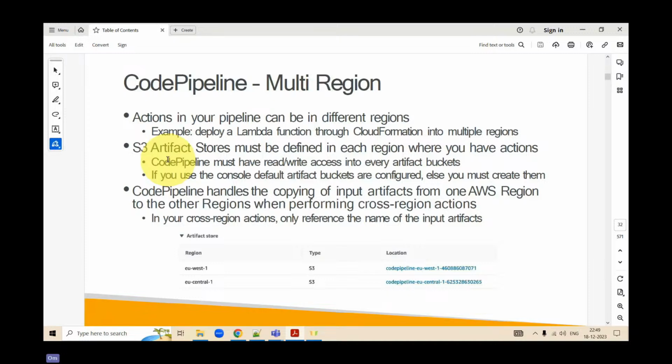Now, CodePipeline handles the copying of input artifacts from one AWS region to another when performing a cross-region action. Assume one S3 bucket is in North Virginia and another is in Ohio. In both cases, the copying of the input artifacts from one region to another should be performed using cross-region actions. That means from one region to another, it should move.